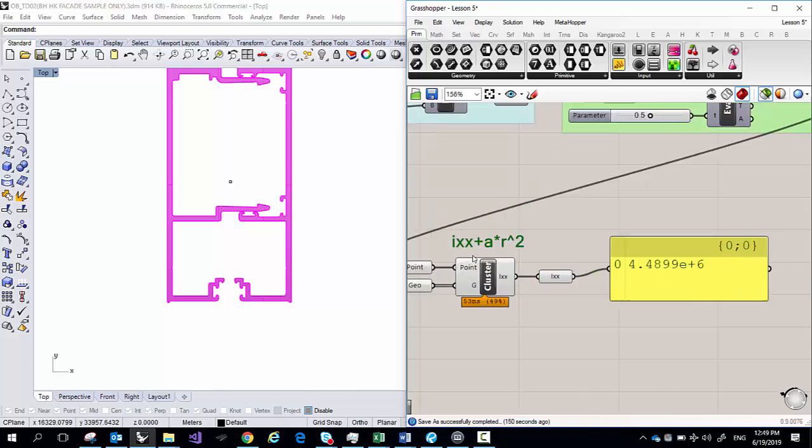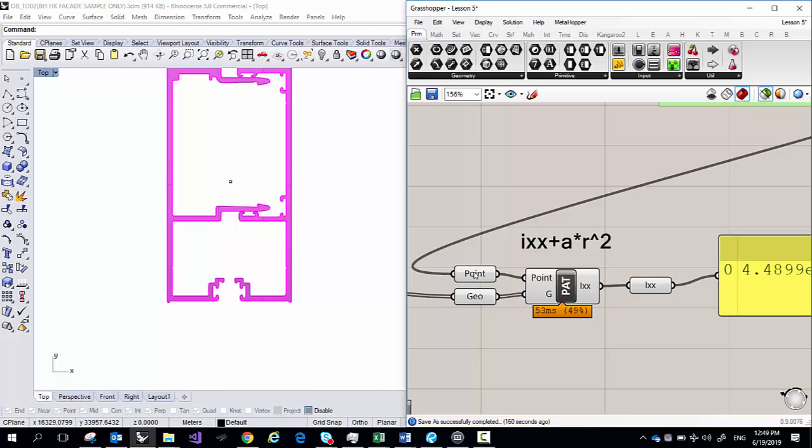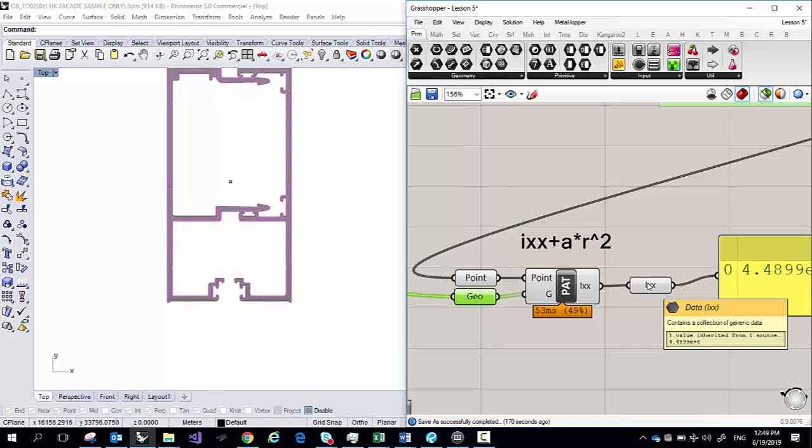Again, I'm just going to write on here, parallel axis theorem. And there you go. There's something that takes in a point and a geometry, and it will tell you about that point what the geometries', in this case only two of them, moment of inertia is about the x-axis,